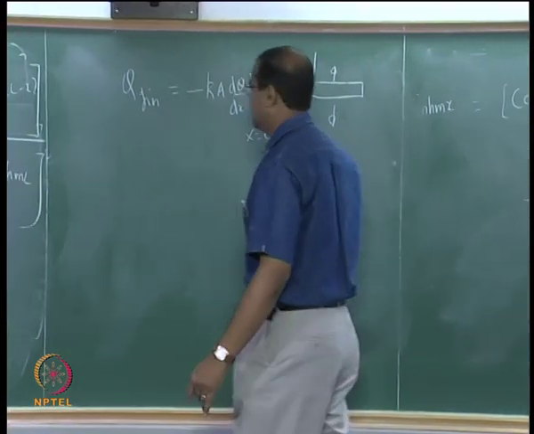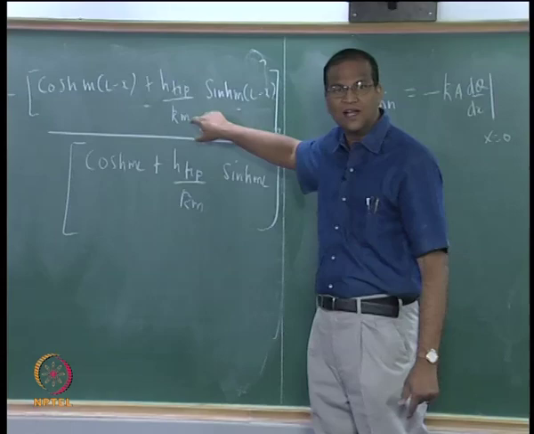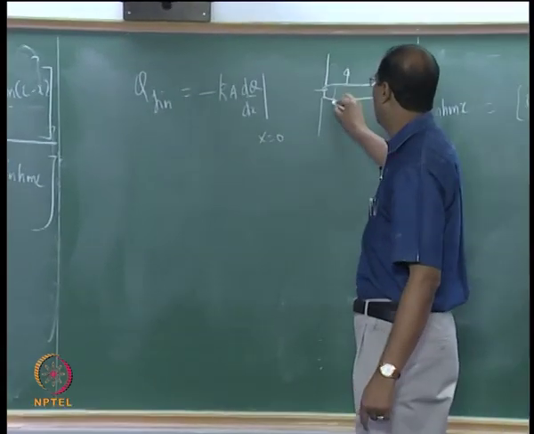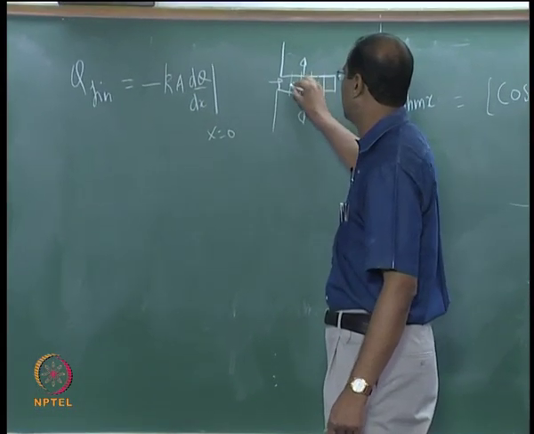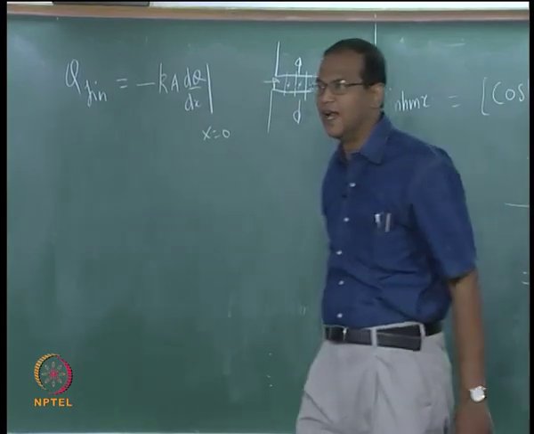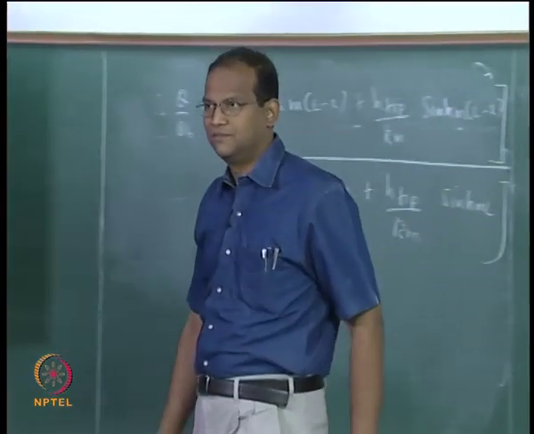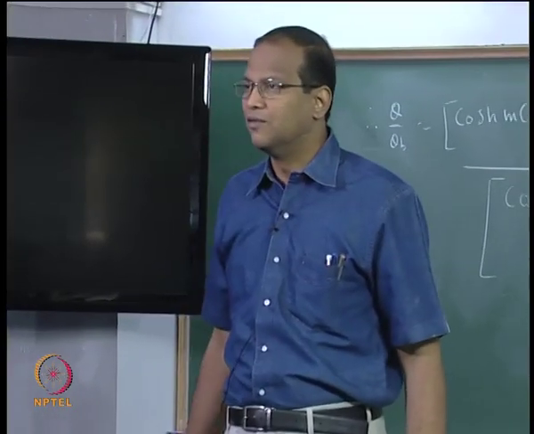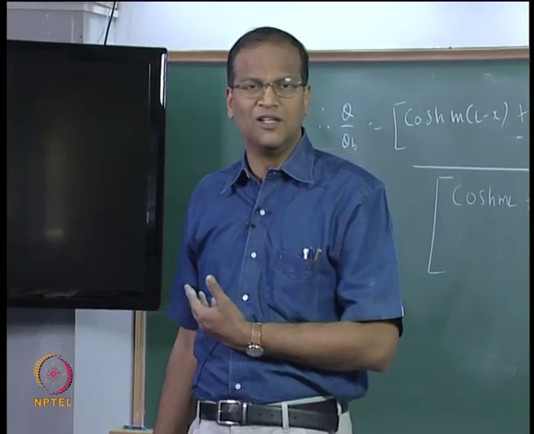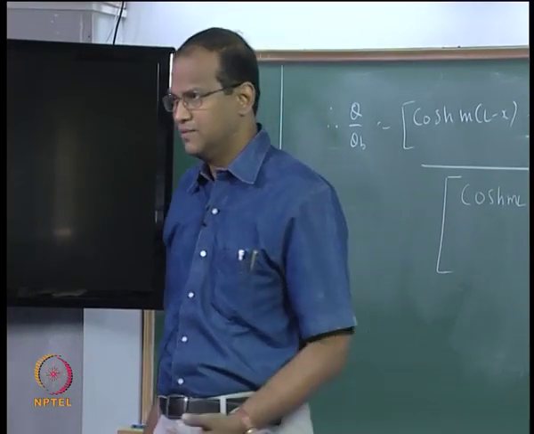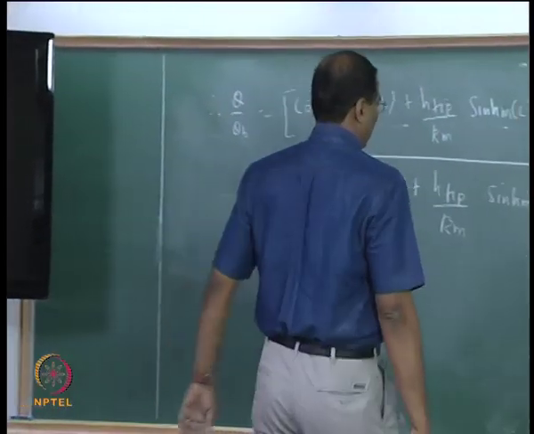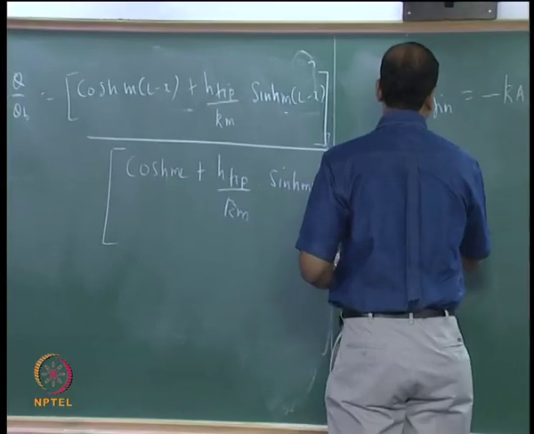Alternatively, I can find out what is the theta at every station x, divide the whole fin into several stations, find out hA delta T for each of these sections and numerically add up. That will also be the same. What, Pullarao, you did not follow? But this analytical formula is available, we will do this. Both should be equal within numerical limits. Now, so this Q fin